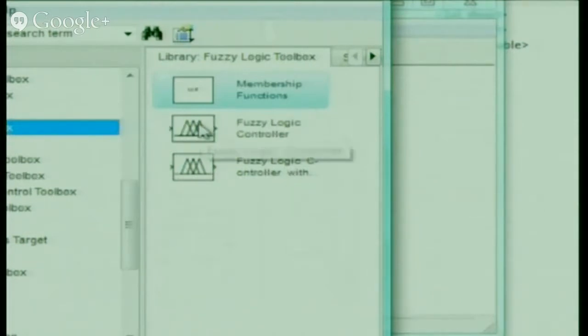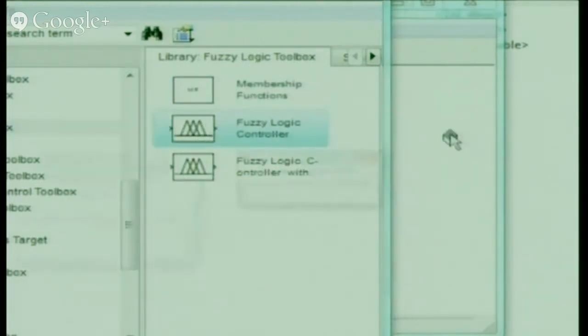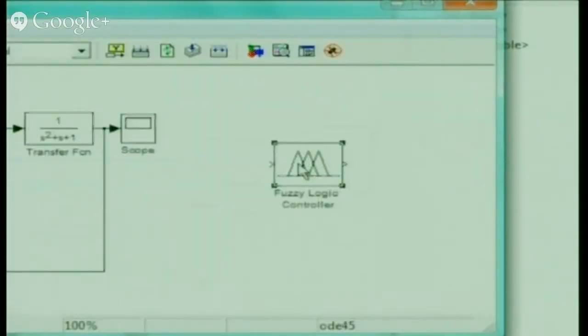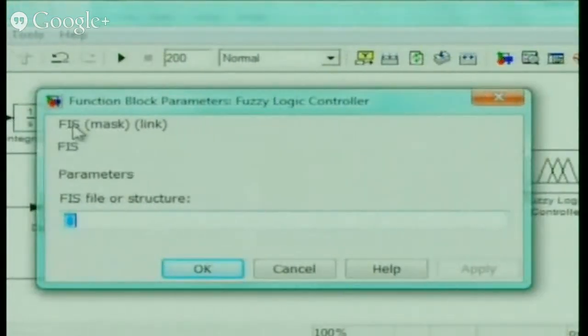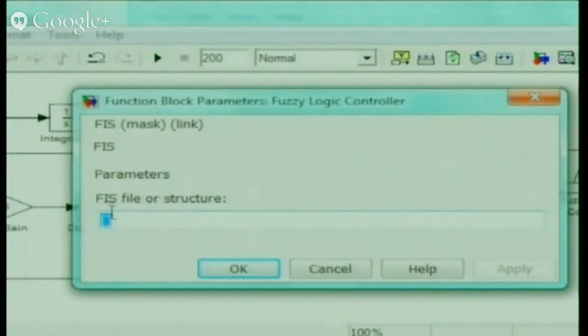Mostly in this case, when you go to Simulink and you want to modify, it is better you go for the fuzzy logic controller itself without the rule viewer. You can use it with the rule viewer also, but when you want to make changes in this, I'll show you how to make changes. So it's better you go for the fuzzy logic controller. You just click it and drop it wherever you want. Is it clear? And if you double click this, a window will open where you have to give the fuzzy name. This is the location you will be entering it. Say PID 1 I gave, so that name I have to give here.